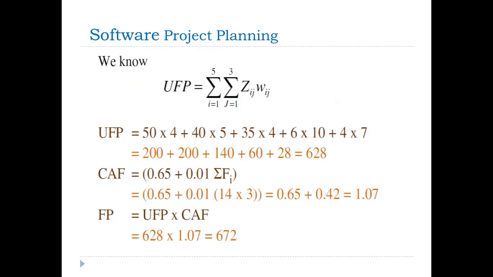What is the meaning of function point? Function point describes that if we are implementing one functionality, so 672 function points are defined in a particular project. So if we need to calculate the size of the project, different programming languages describe that if we are implementing one functional unit in C, we need to use 128. If we are implementing in Java or whatever programming language, different calculations are defined to measure the size.